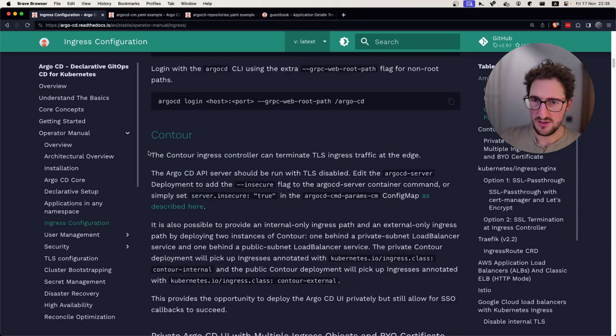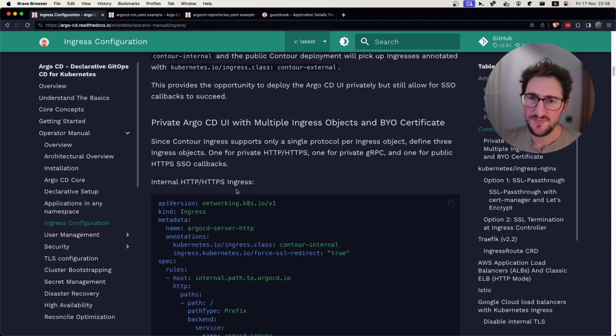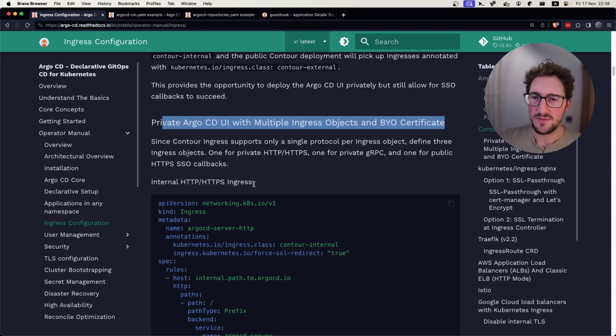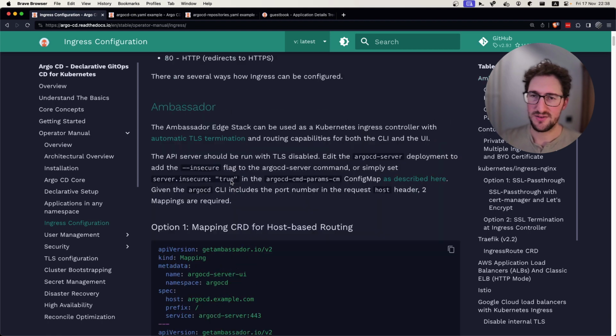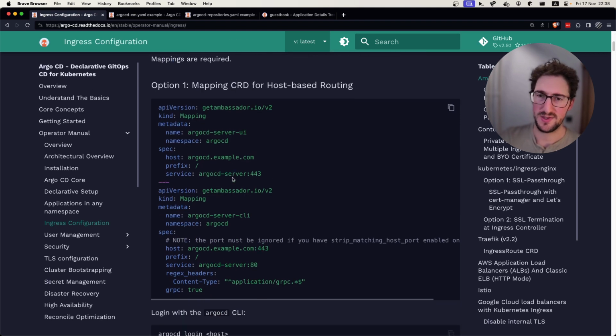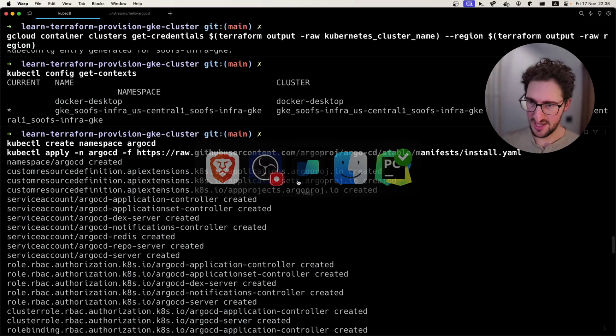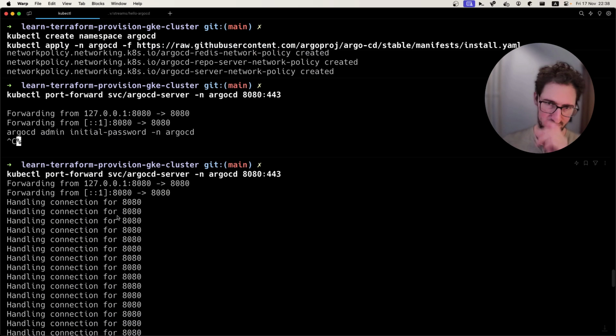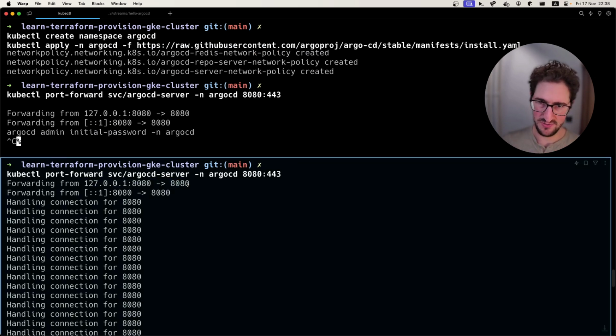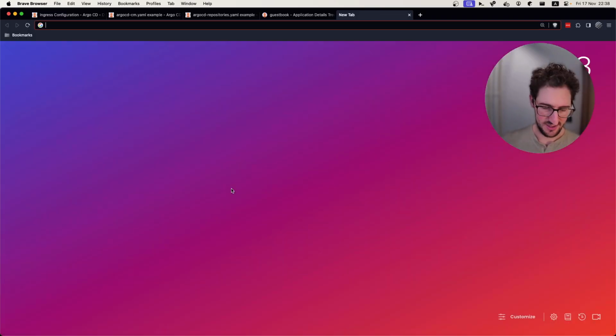Contour. Ingress controller, terminate TLS. Seems fine. Okay, so basically, all these manifests here, what they will do is they're going to say, we're not going to expose our port, just like we haven't done that here. What we've done is port forwarding so we can access it locally right now. But if we'd want to have that in our